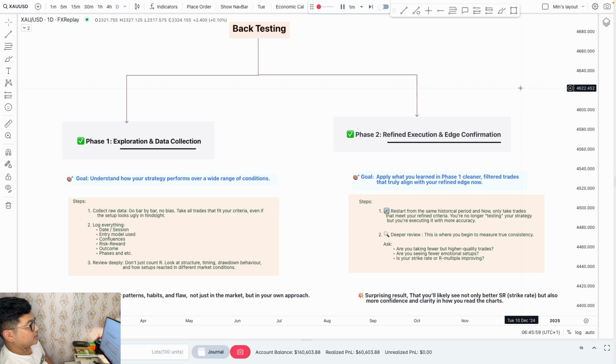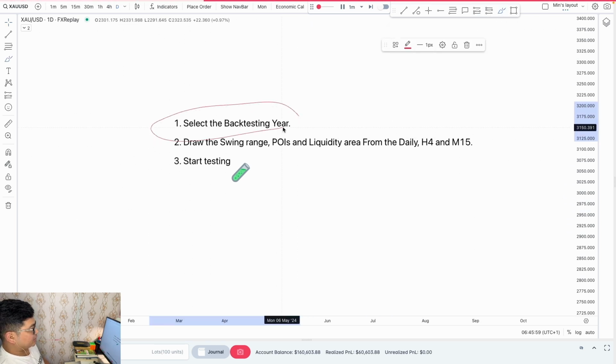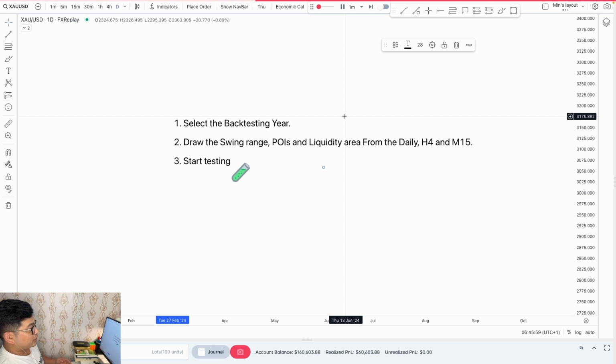So you're gonna have some benefits. I hope so, right? So now, how do you start the backtesting? Before starting, I just wanna say something. First of all, select the year. People are confusing what year I'm supposed to do, or how many years I'm supposed to collect.